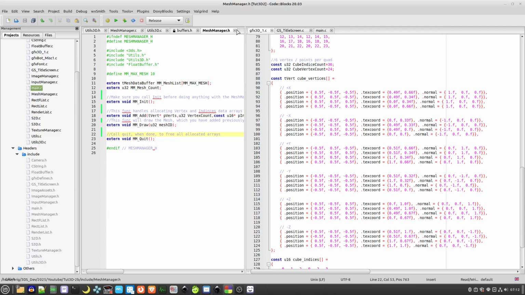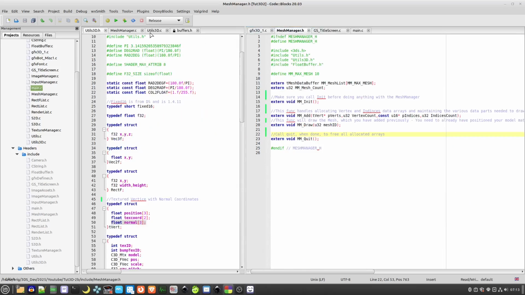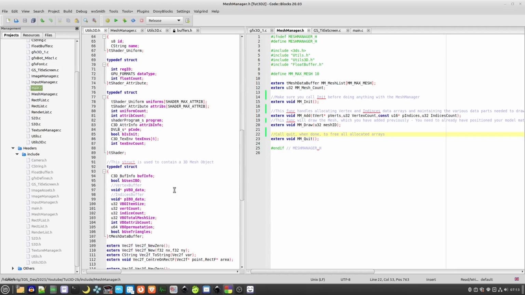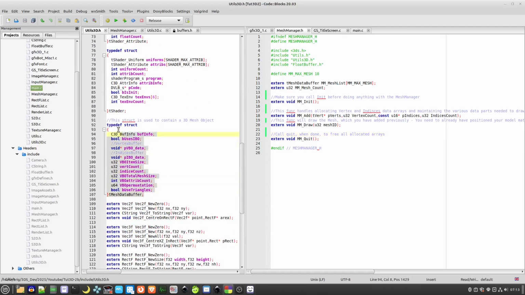So I have this structure here which holds everything here. Basically to draw a model using buffers, which is the main way that you'll be doing this in any proper sort of scene or game,